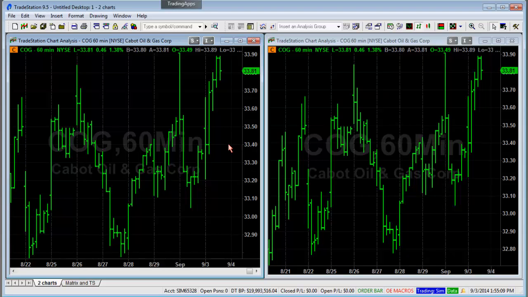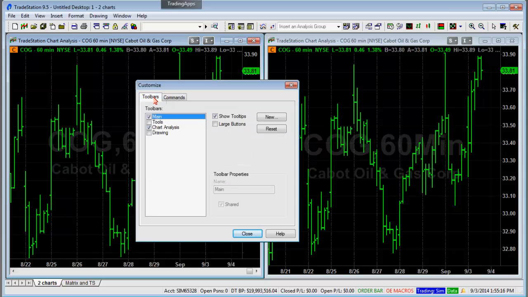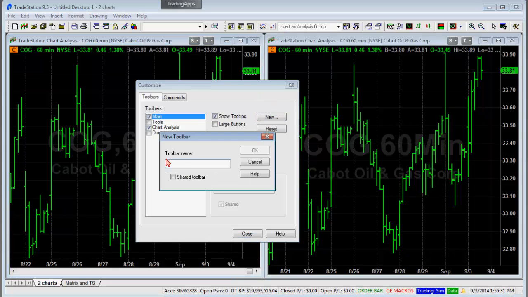You can even create a toolbar from scratch. If you go to the View menu, Toolbars, and you go to Customize, in the Toolbars tab, notice how you have the option to create a new toolbar. So if you want to not use the ones that TradeStation provides, which I think are useful, but if you want to create one from scratch, you can click on New, give your toolbar a name, make it shared, and